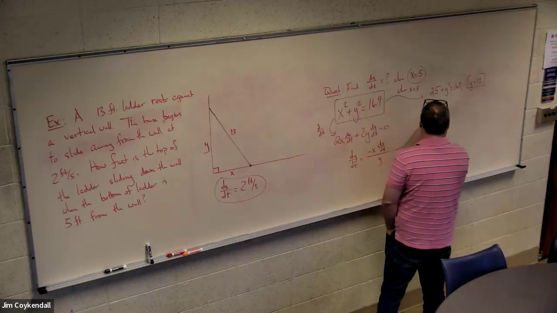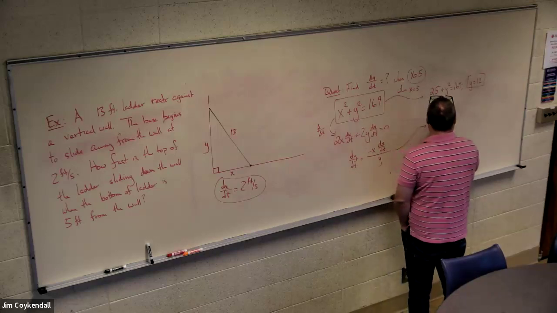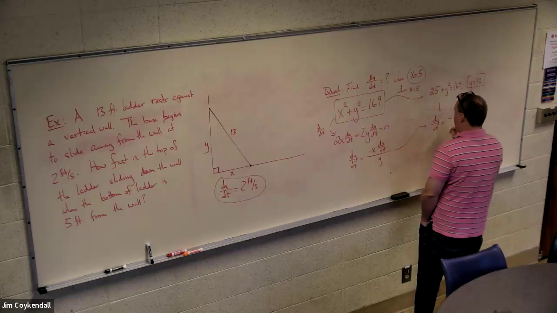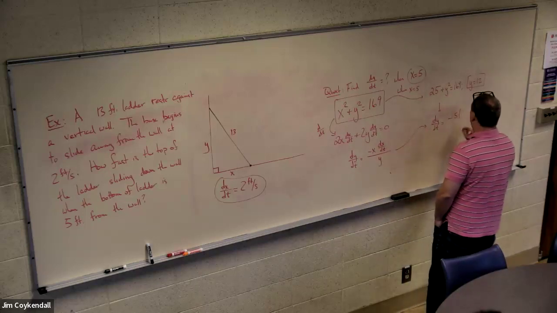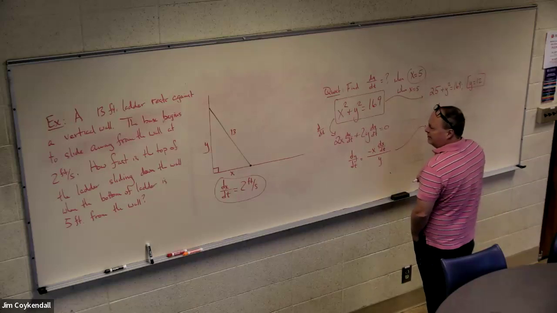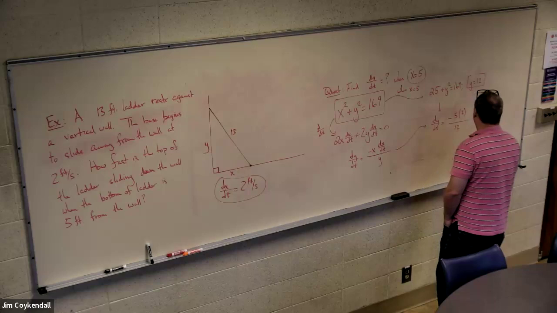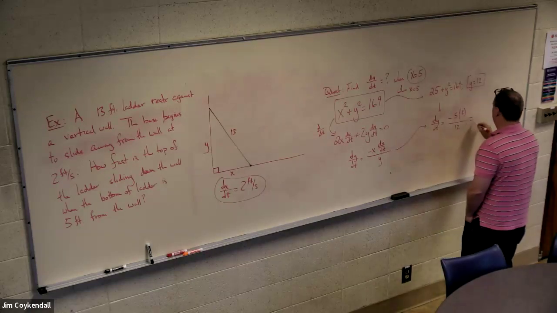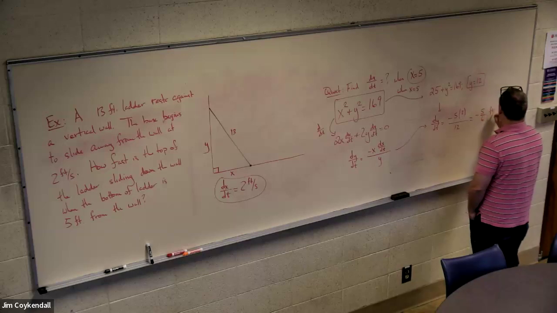So, using this information here, I'm going to provide dy/dt: negative x is 5, the x' was 2, y was 12. That's minus 5, 6. So,